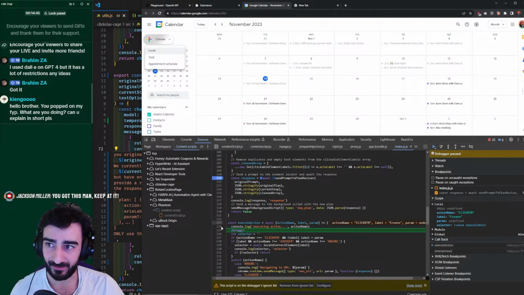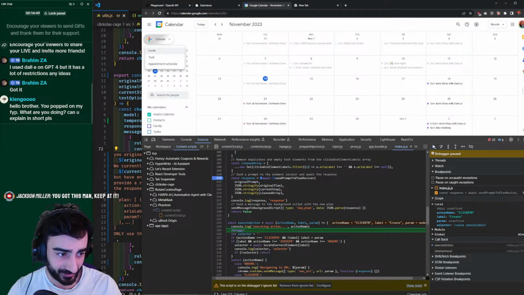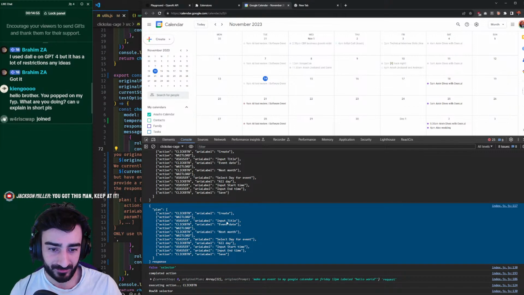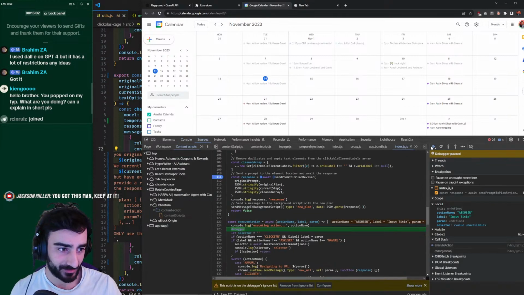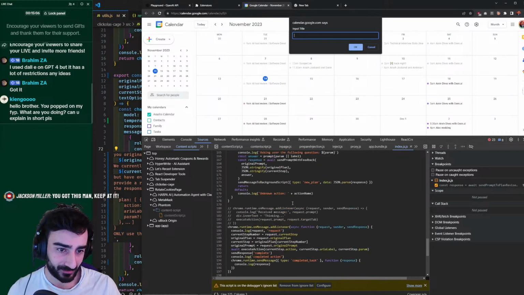So yeah, I've enabled debugger, so I can step through it bit by bit. First, it clicks the create button, then waits for load. So it came up with the plan. This was the initial plan. Click the create button, ask the user to input the title, and then click the event date button. Okay, so it's gonna ask me to input a title. And then, actually,